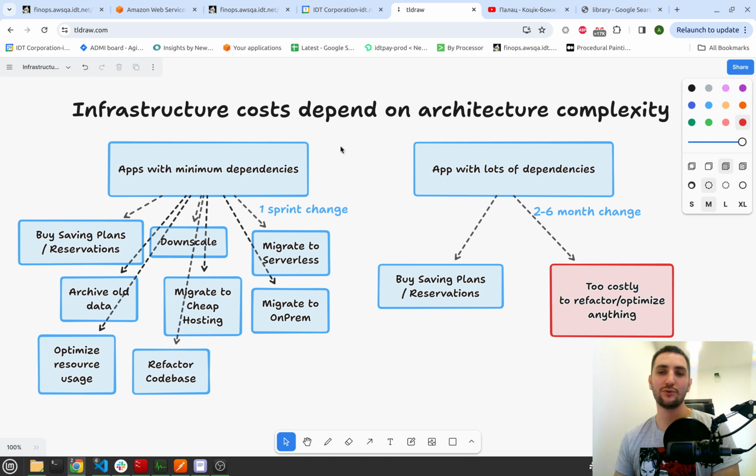You can't migrate to Google Cloud. You can't migrate to some cheap VPS server if you need to. You can't, because you use all of these dependencies that are specific to the cloud. Now you've just sold yourself to the vendor. And those clouds like AWS, Google Cloud, Azure, they're incredibly expensive. So